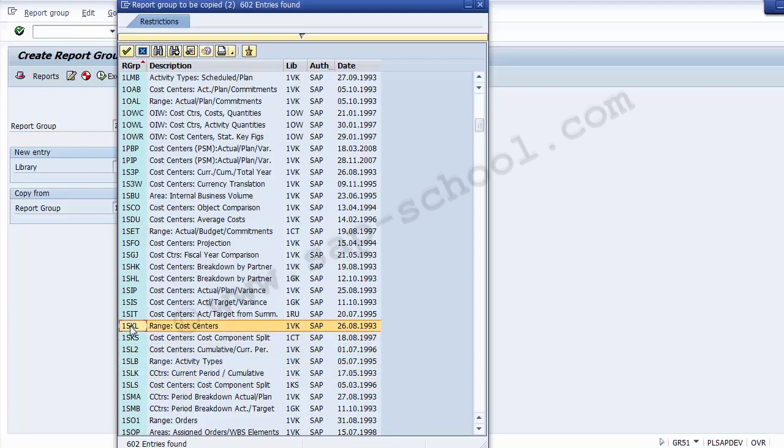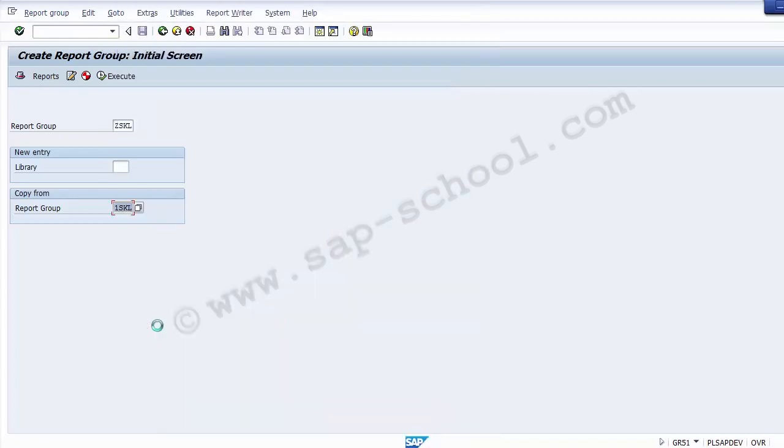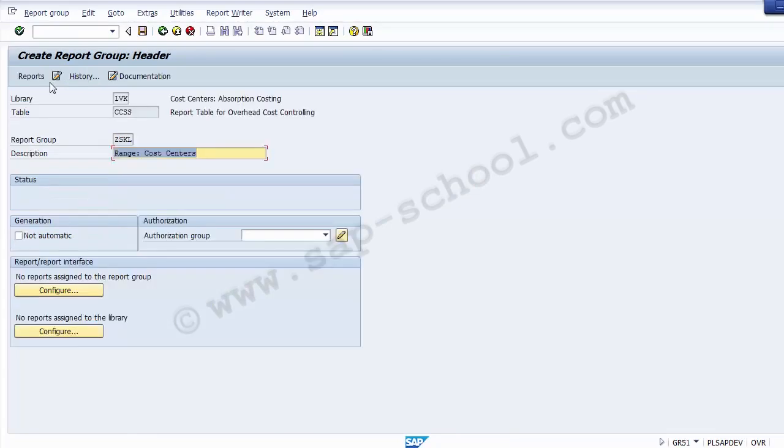So this is the one SKL that we have selected on the screen. Once we have taken it up, we can press Enter, and it takes you to the next screen. You can see that the library 1 VK table is CCSS, and the report group has been taken up as ZSKL. And even if you want, you can change the description as